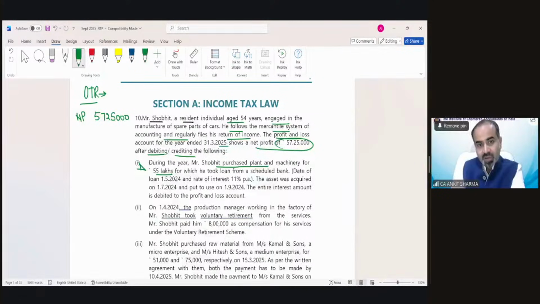Very interesting point. And do one thing: whenever you go through MTP, RTP, case scenario questions or past year questions, you will see that if there are 10 points in a question, 7 or 8 points are normal. You do not need to bother about them; you would be able to solve them easily. There would be only 1 or 2 points which are different, as we saw when we solved the September 2025 question paper, where the additional information point was the only different one, not asked in the earlier question. So mark those points.